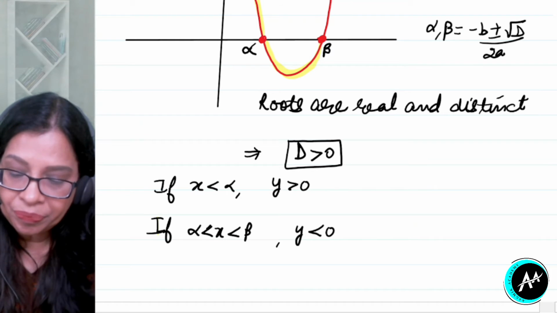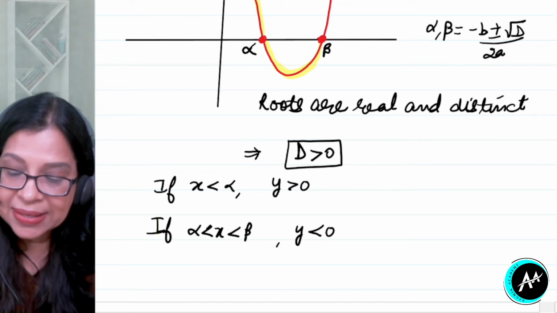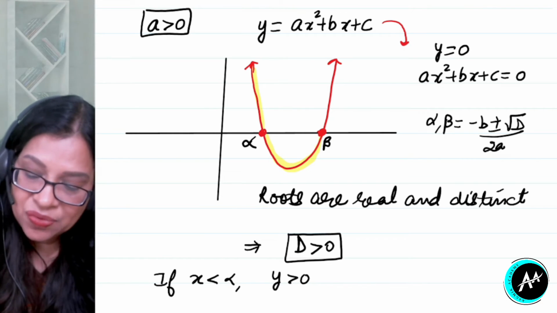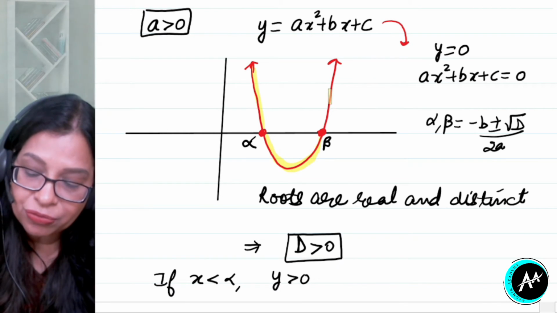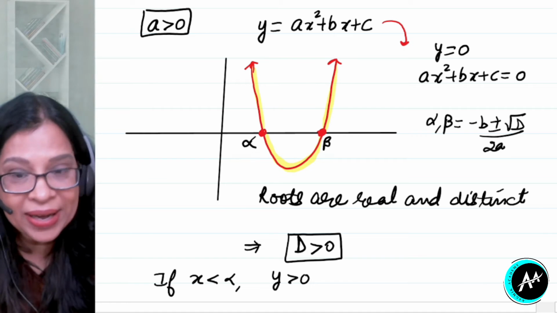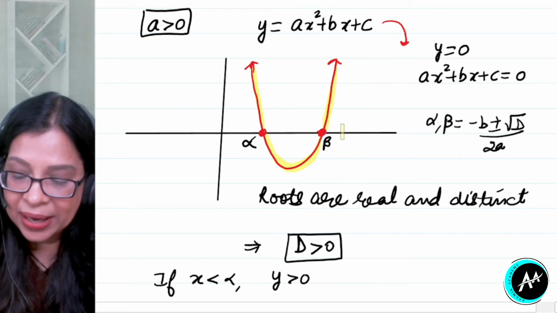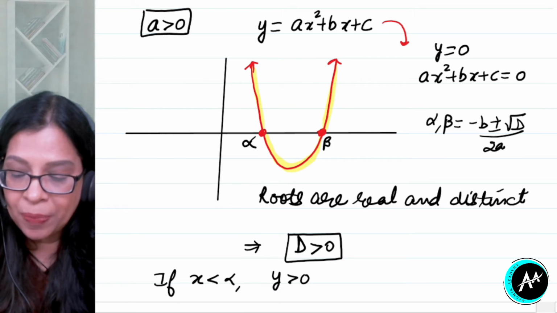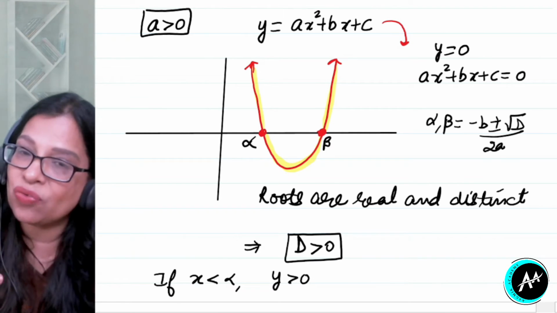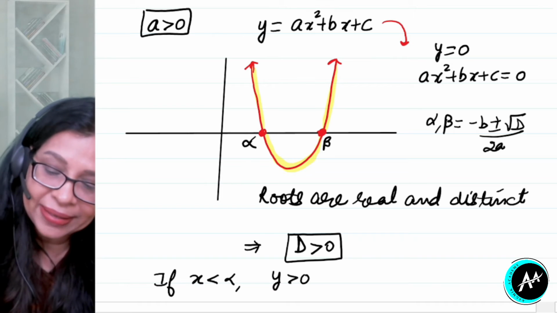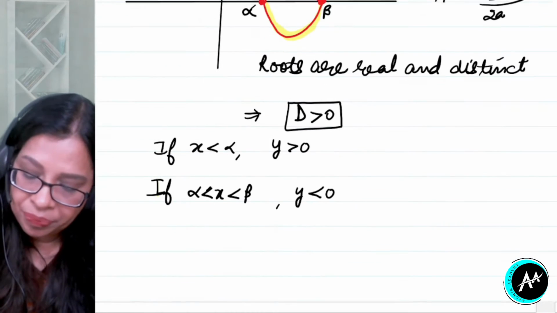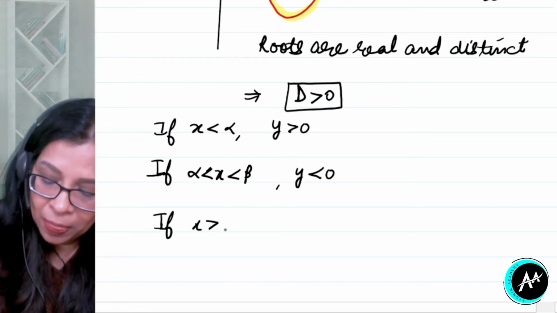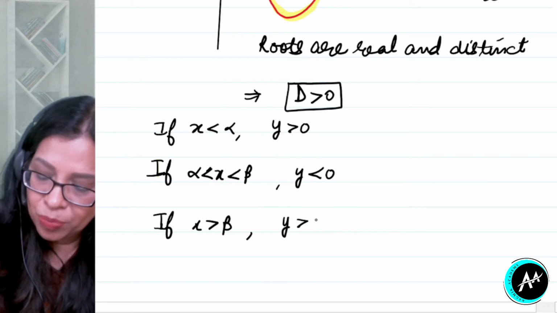Now observe one thing. What is it? What happens if x is greater than beta? Alright. Now when x is greater than beta, that means we are talking about this part of the graph. You can see it is above x-axis, and what are the values taken by x? Greater than beta. So when x is greater than beta, again part of the graph is above x-axis, so y will be positive. So let me write this now. So I have now here, if x is greater than beta, then y will again be positive.